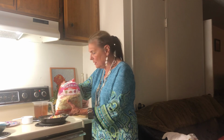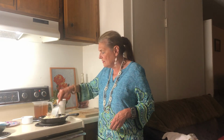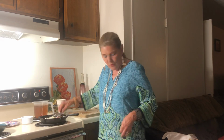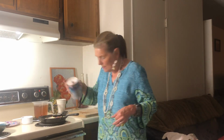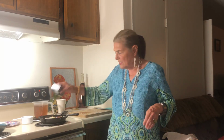So I want a little cabbage in there. I can't. Maybe tomorrow I'll find some coleslaw dressing. So let's see, I'll have a little salt and pepper. And a little red pepper flakes. So that's going to give me a nice